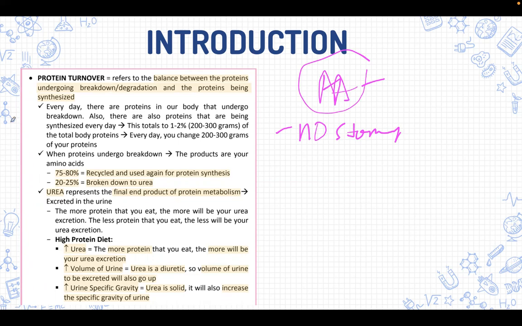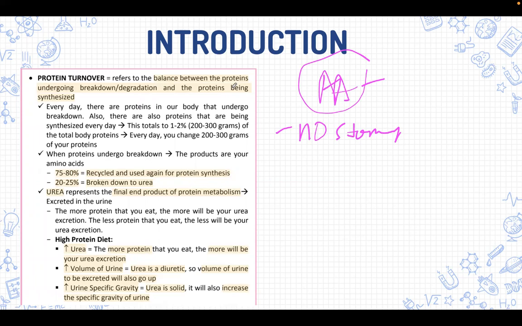So let us talk about the protein turnover. It refers to the balance between the proteins undergoing breakdown or degradation and the proteins being synthesized. So hindi po pwede na patuloy lang tayo nagsisynthesize or gumagawa ng mga amino acids sa katawan without these molecules going into a breakdown. Okay, hindi lang tao yung nagbe-breakdown, also yung mga biomolecules natin. Kasi ang mangyayari, magiging madami yung supply nila sa katawan natin, which is not good na din naman kasi dapat